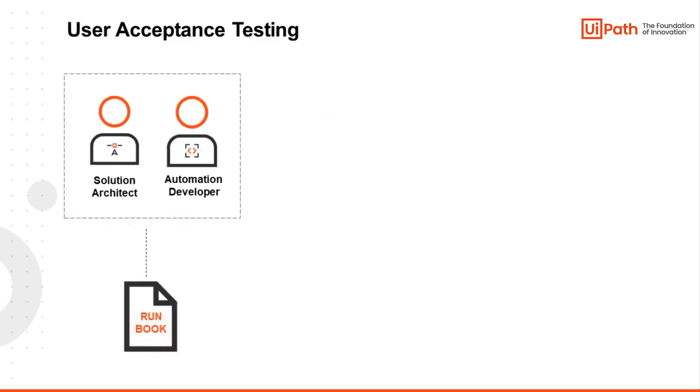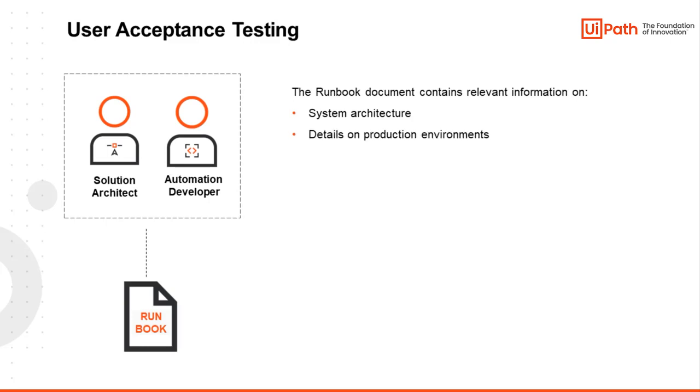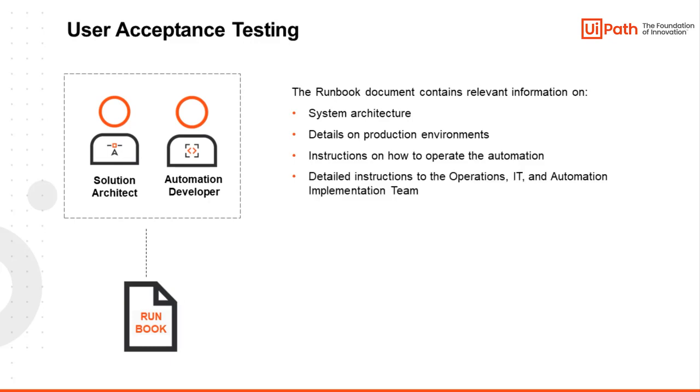At this point, the developer creates a runbook document template in collaboration with the solution architect. This document must contain relevant information on system architecture, details on production environments, and instructions on how to operate the automation if necessary. It also includes detailed instructions to the operations, IT, and automation implementation team on how to proceed